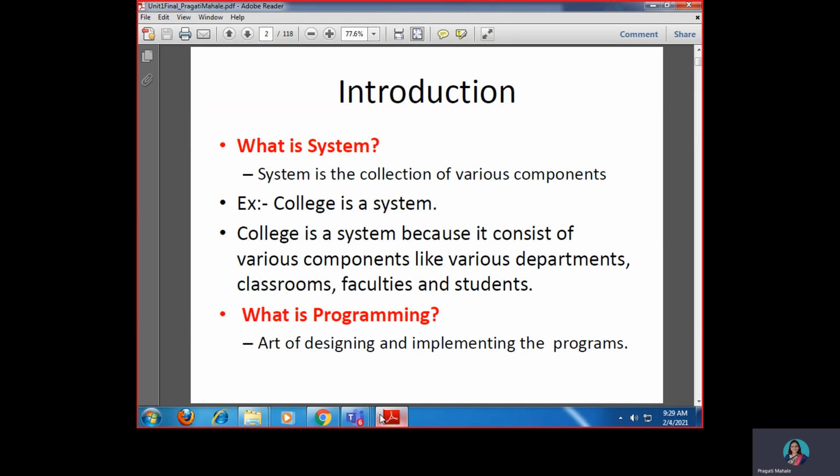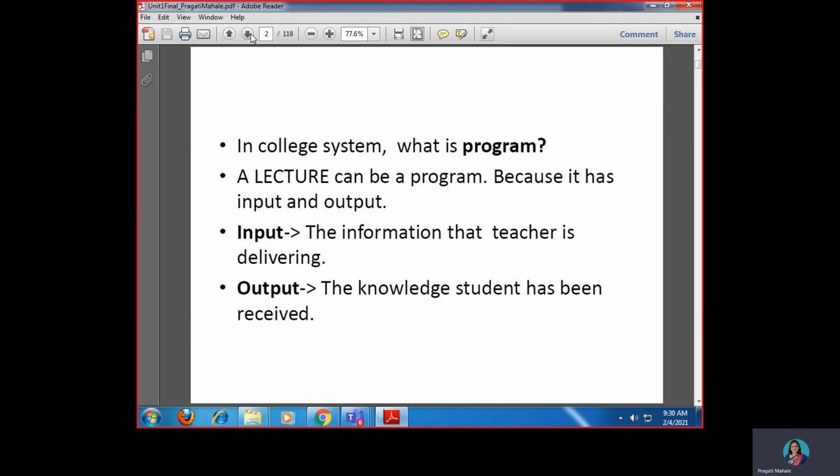I hope you understand what we mean by a system. Now let us see what is programming. Programming is nothing but the art of designing and implementing a program. In programming you design, you code, you implement.